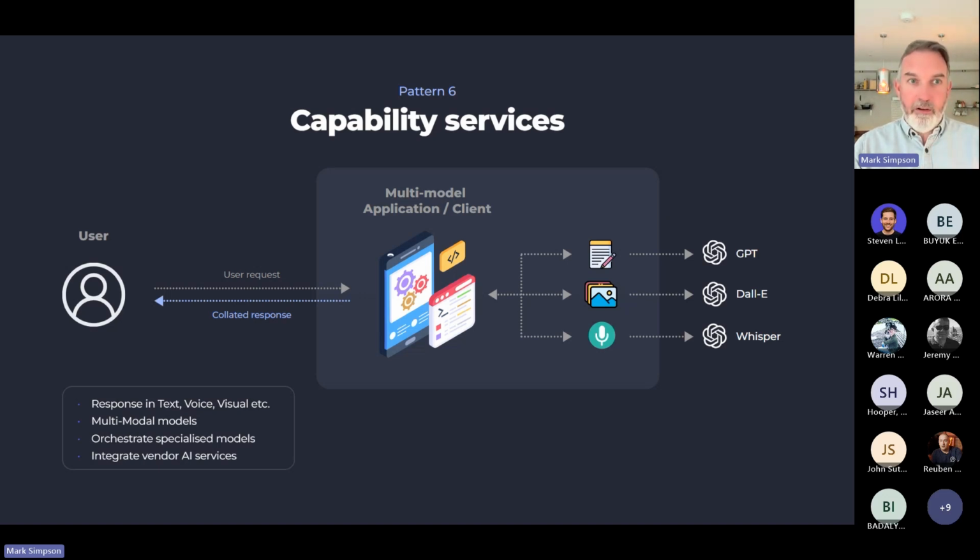A lot of the models now are implementing something called multimodal, where they can understand text, image, voice. They can produce image and voice as well as text. So very, very powerful to create new images from things like DALL-E, or to understand and transcribe speech to text.